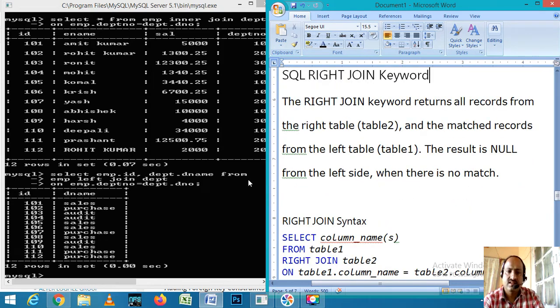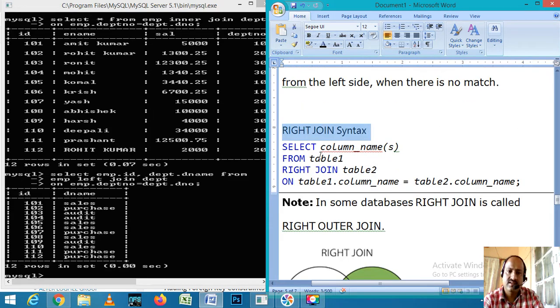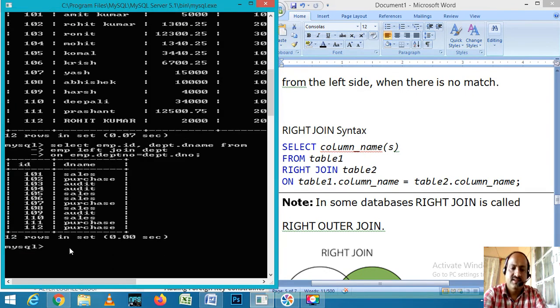So now how can we join two tables using right join? Select column name from table 1, right join on the basis of a condition.